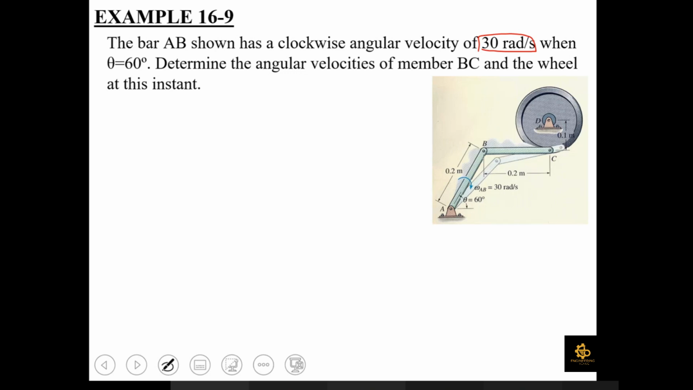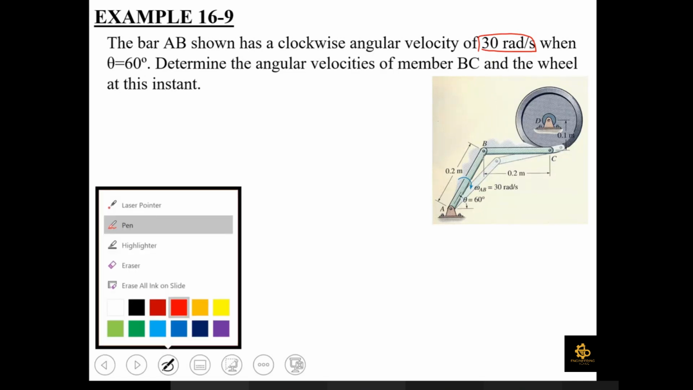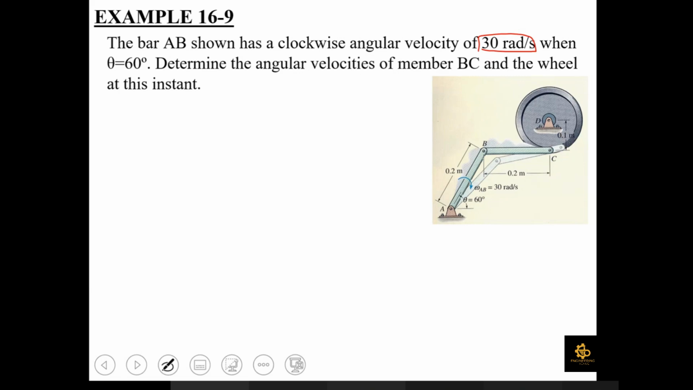This 30 radians per second is the angular velocity of link AB at the instant when theta is equal to 60 degrees. We need to determine the angular velocities of the remaining 2 links, that is link BC as well as the wheel D. Okay, so starting again, where do we start? We always start from the link for which we are given data. So since here the data of link AB is known to us, we are going to start from link